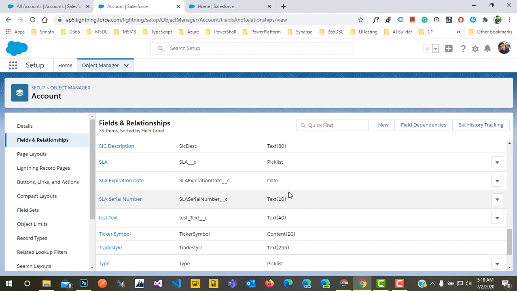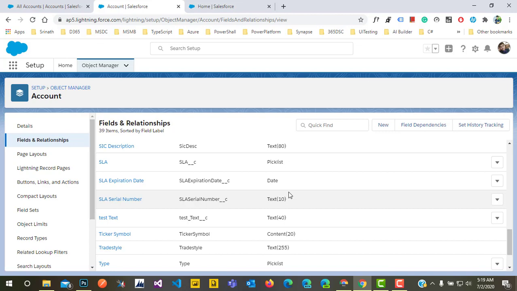What we call system fields in Dynamics, in Salesforce we call standard fields, and custom fields, of course, are the custom ones. How do they differentiate system and custom in Salesforce? System fields, of course, have a name the same as the display name. In Dynamics it's the same. When it comes to custom fields in Dynamics, we get a prefix, the publisher prefix. That's how the schema names and logical names are in Dynamics.